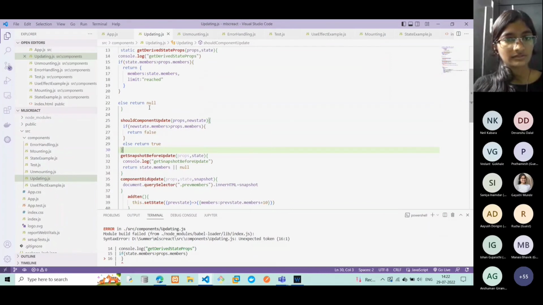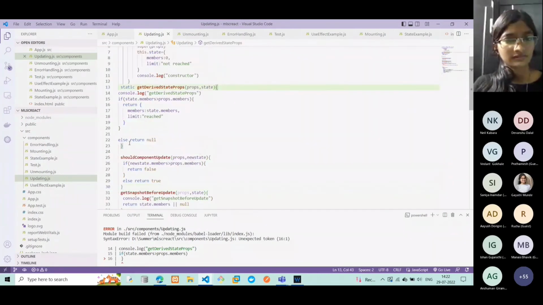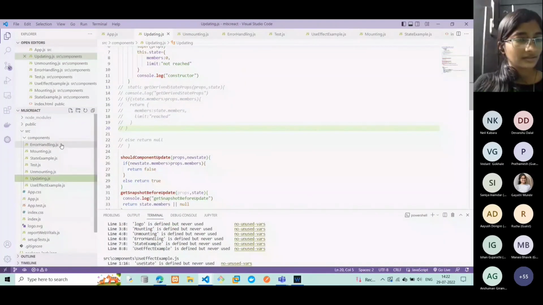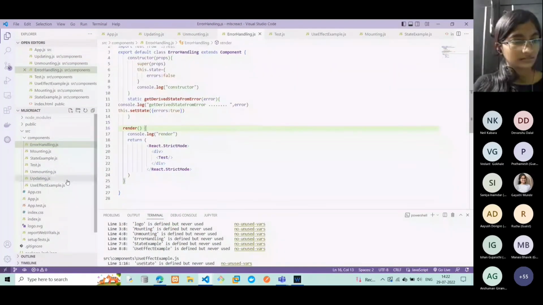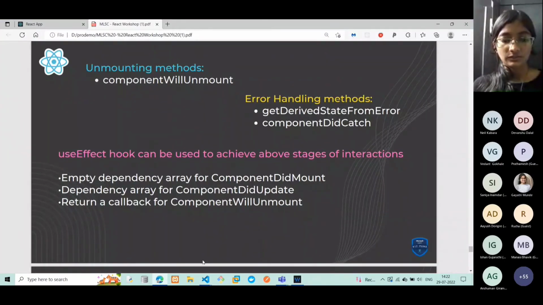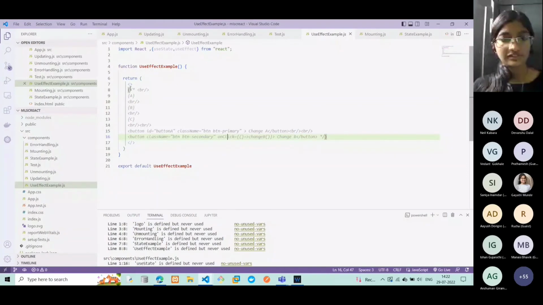Okay, which one is this? For now, we don't want it. The first one, yeah. So the first one is when you pass an empty dependency array, then this works as the componentDidMount method. So to achieve that, I have created